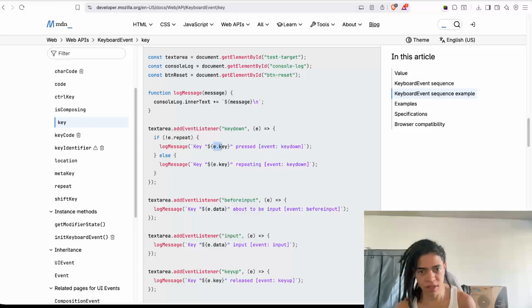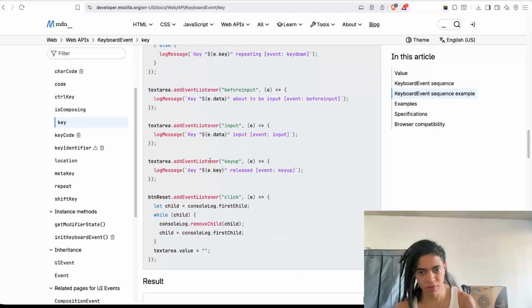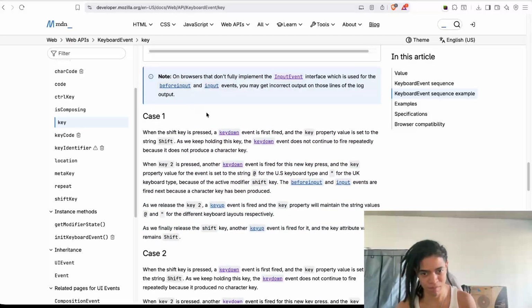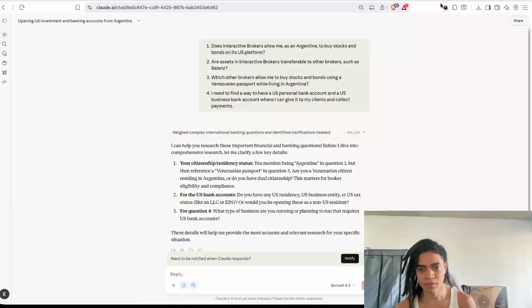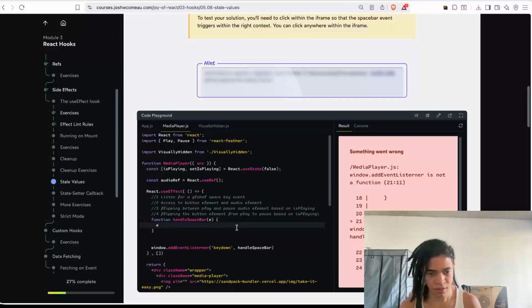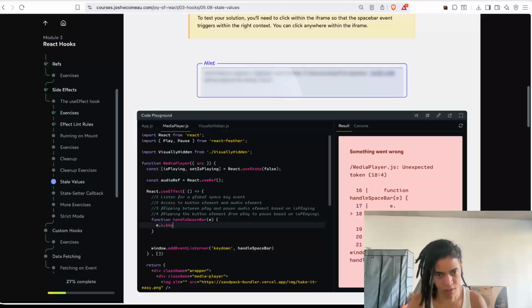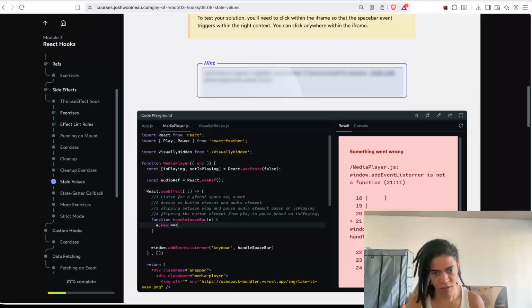This is the event key. So if the key is now equal to a space like this,